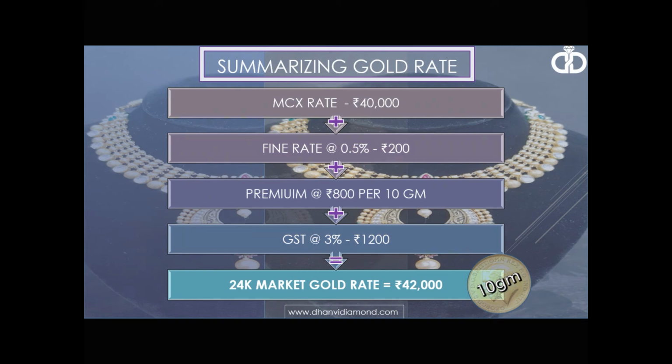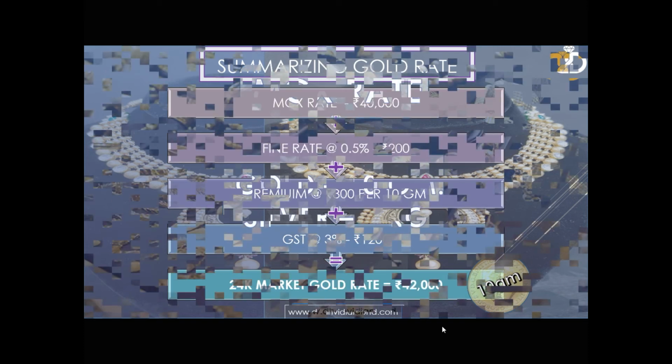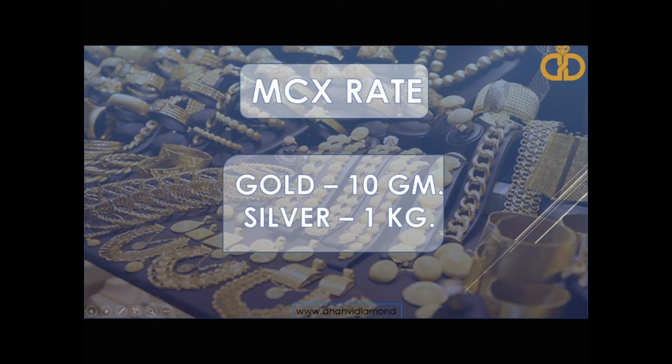One important point that you should remember is that the prices listed on MCX, for gold, the unit is per 10 gram, and for silver it is per kg. So for example, if you see 40,000 for gold, that stands for 10 grams. And if you see 42,000 for silver, that stands for 1 kilogram. One more thing to remember, all the import duty, custom duty and excise are already added in MCX rates. Unlike GST, they are not added separately.